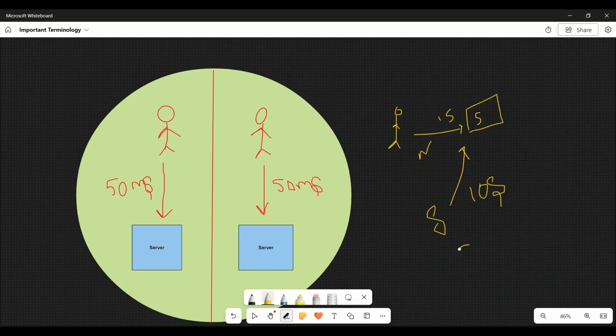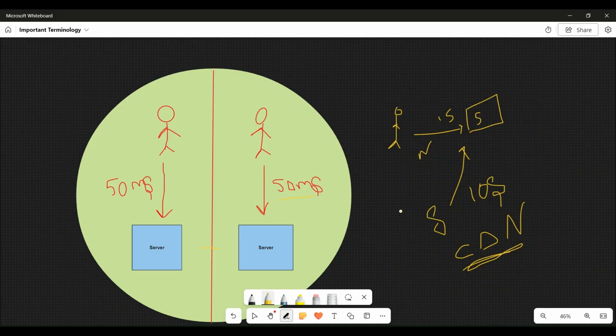So we will use a concept known as CDN, which is content delivery network, which means that we deploy our service or make our service redundant through different servers around the globe. For example, here we can see there are two servers, and we are making our service redundant throughout the globe. So if a user on this side makes a request, it goes to this server and takes 50 milliseconds. And if a user on the other side requests the server, it takes 50 milliseconds, and the latency is not disturbed. So using the CDN, we can decrease the latency.